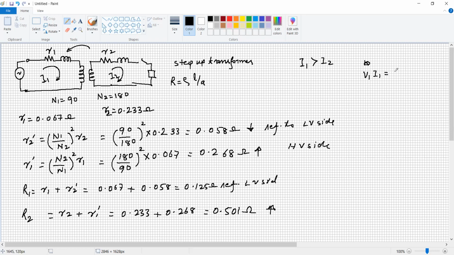V1 I1 is equal to V2 I2. Where the voltage is more, definitely, to maintain the same KVA rating of the primary winding and secondary winding, the current decreases. If the current is more, definitely the voltage will be small. Then and only then is it possible to have an equal KVA rating of the primary and secondary winding,